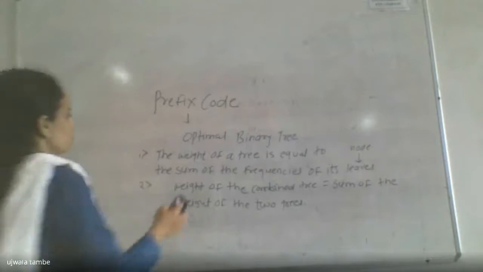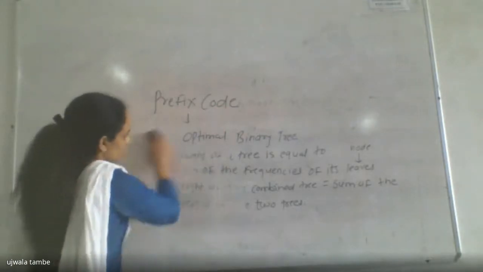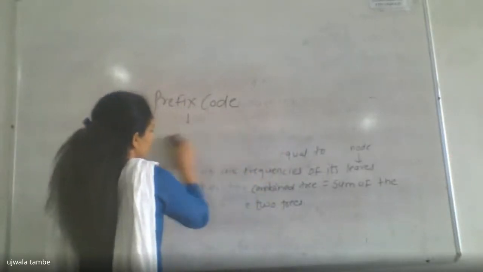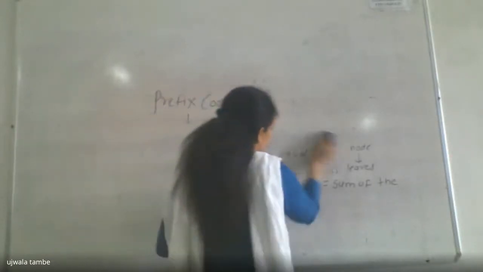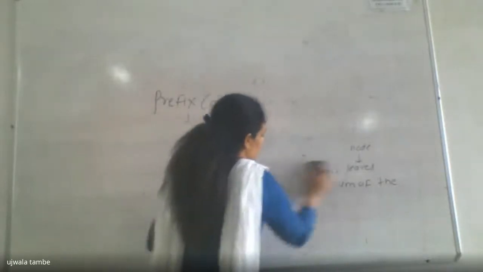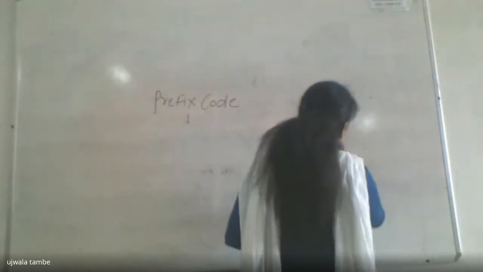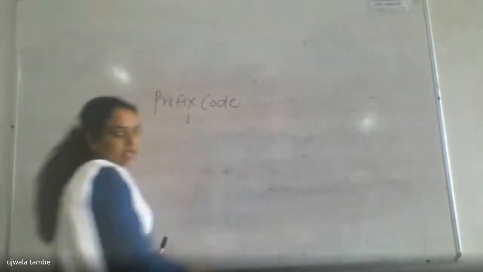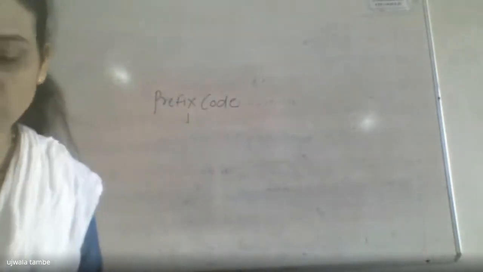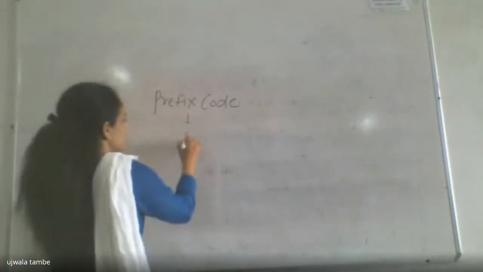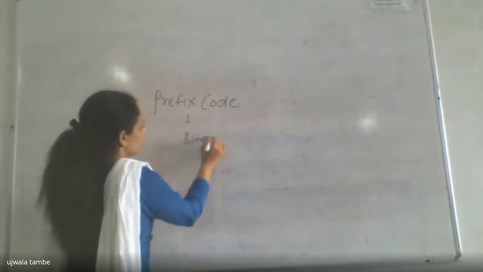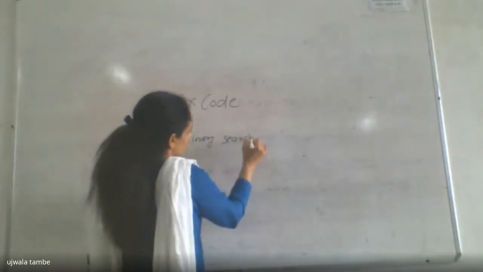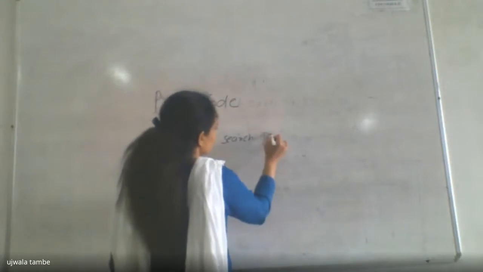Okay. So we have to follow these steps while constructing the optimal binary tree with the help of Huffman algorithm, and we have to find the optimal binary tree. For that, we just have to follow one rule. There is one topic in discrete structures called the binary search tree. This property is required for the optimal tree. That's why I am going to tell you the definition of binary search tree.